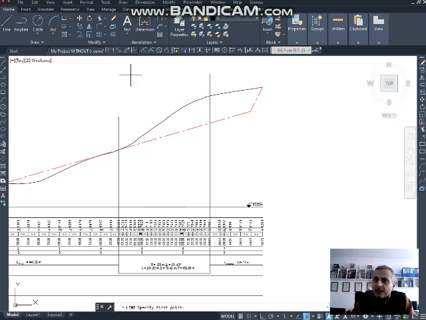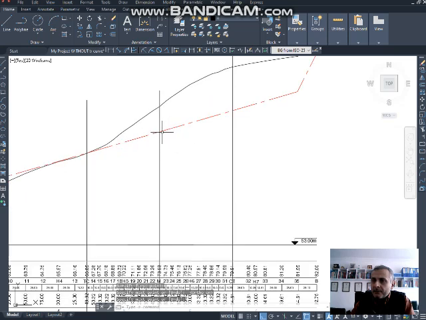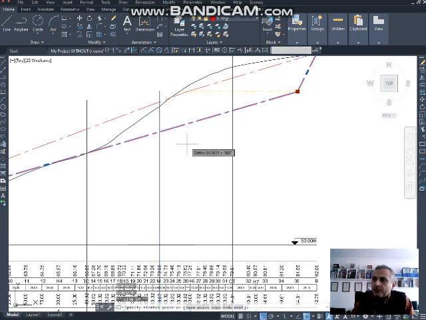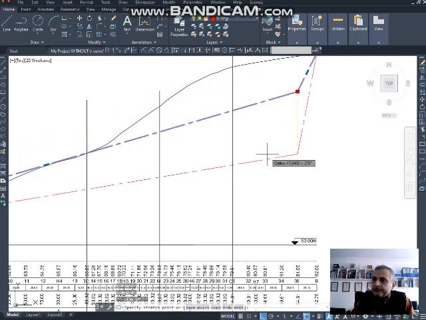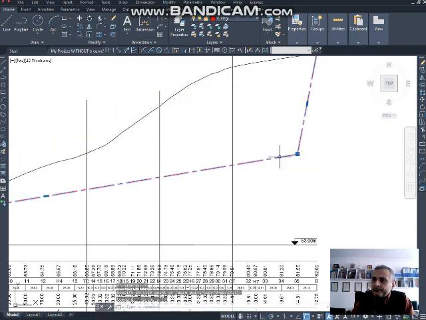So where is my PI point for the horizontal curve? This is the midpoint of my horizontal curve. Ortho is on. So this line shows the PI of my horizontal curve. So I should place